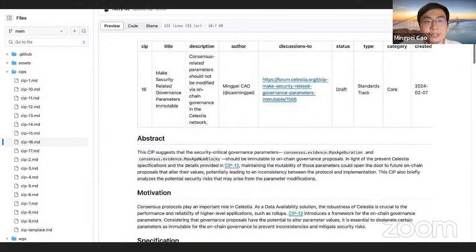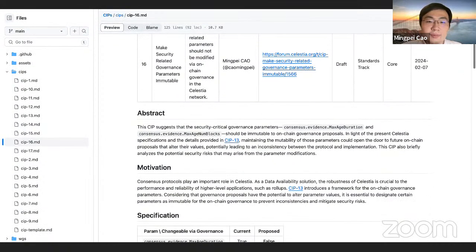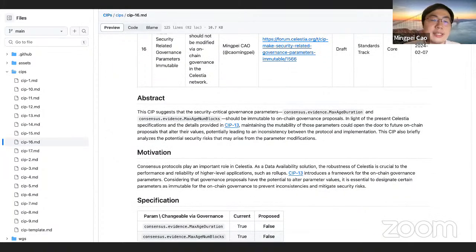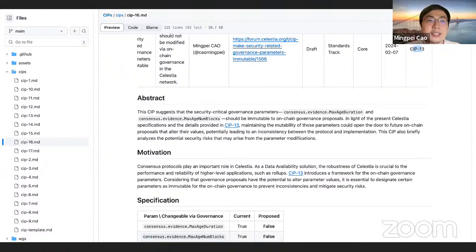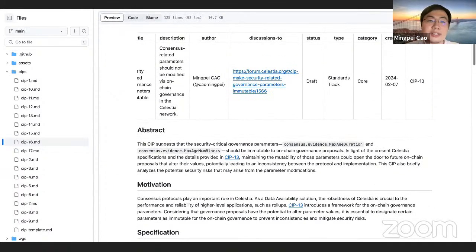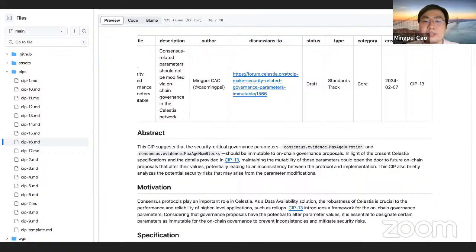Hello from Hong Kong. I would like to talk about this proposal. First, this proposal requires CIP 13, and we can consider this CIP as a supplement to CIP 13. In CIP 13, the global parameters from the Cosmos SDK and the module-specific parameters will be governed on-chain. But I noticed there is an inconsistency in the description of CIP 13. It's about the max age duration of the evidence parameters. The description states that these parameters should equal the unbonding time,